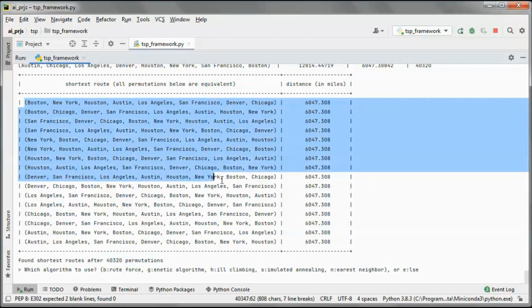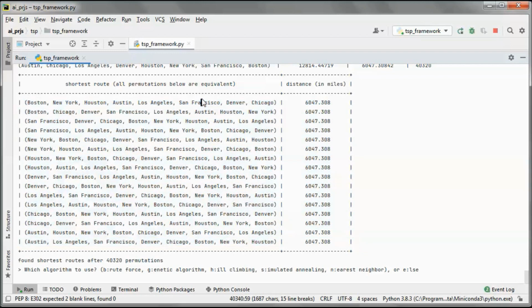And all those routes here are equivalent.